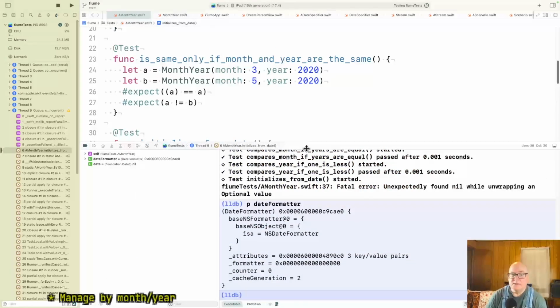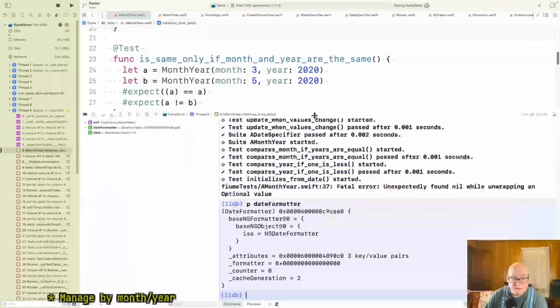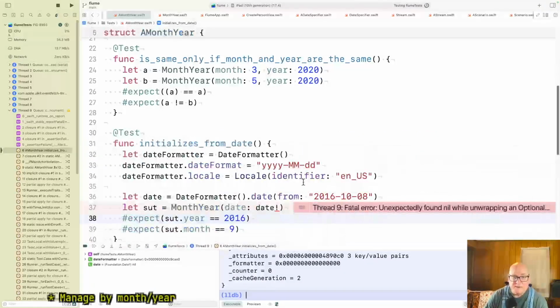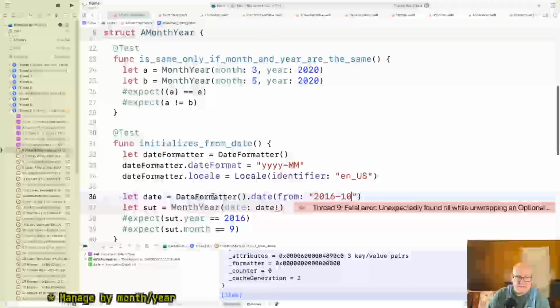Well, no, I don't need the days. Oh, yeah, you're right. Of course, it's not working anyway, but. Why not? Date formatter dot date.